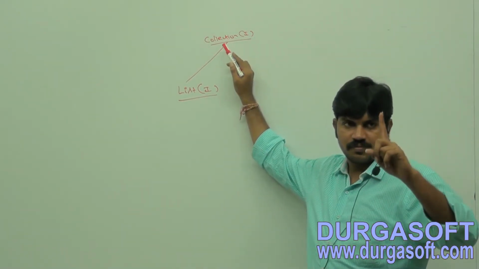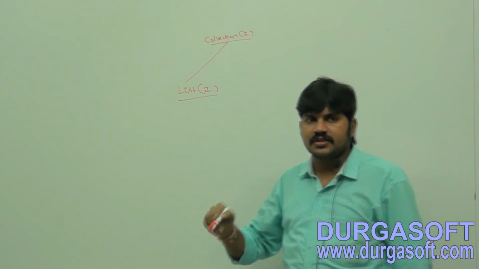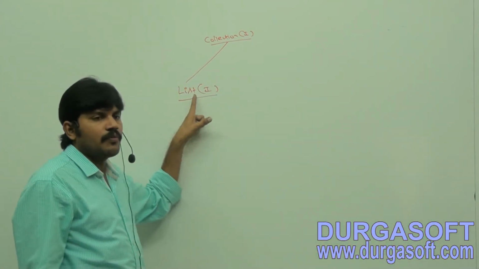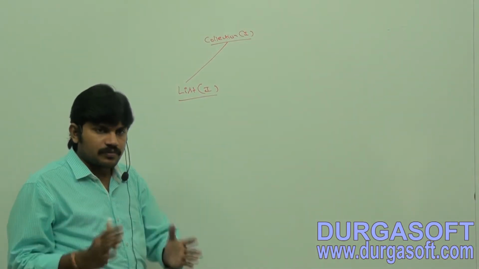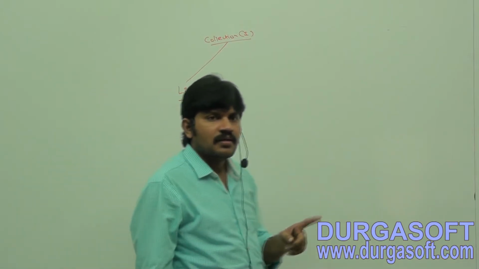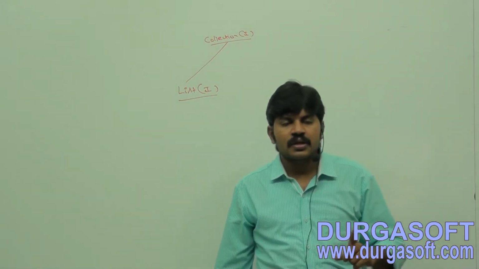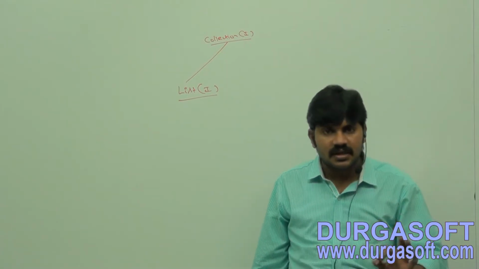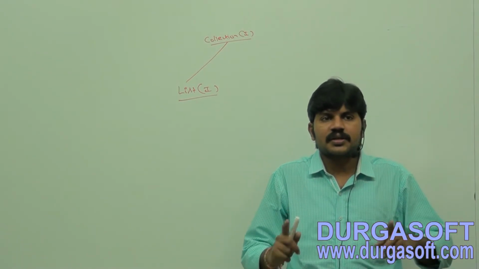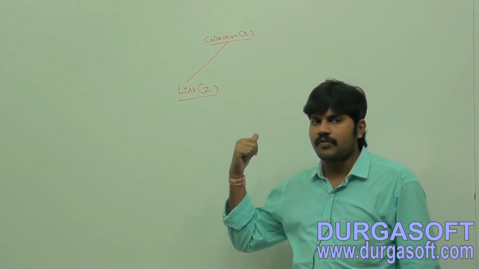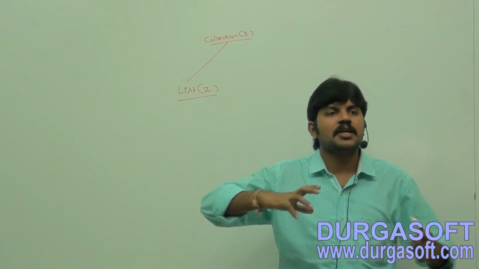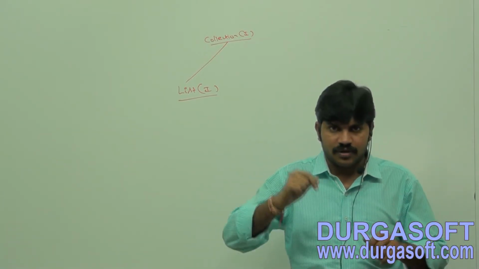Point number 1. When should we go for List? Sir, if you want to represent a group of individual objects as a single entity, where duplicates are allowed and the insertion order must be preserved, then we should go for the List interface, right? Any explanation is required up to this, but how this is possible, that is what we first have to discuss.